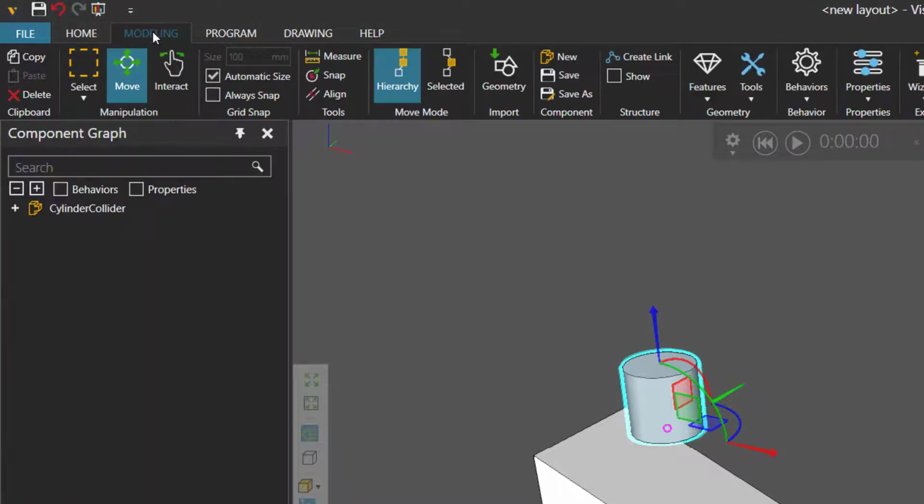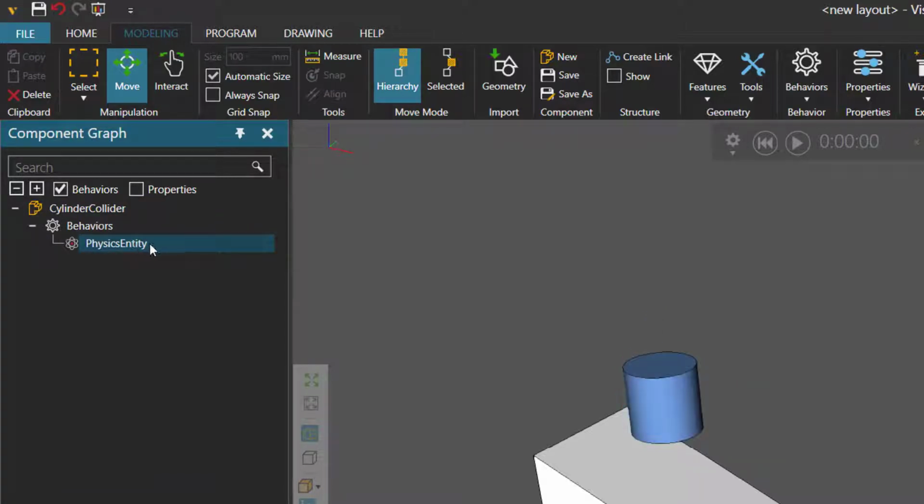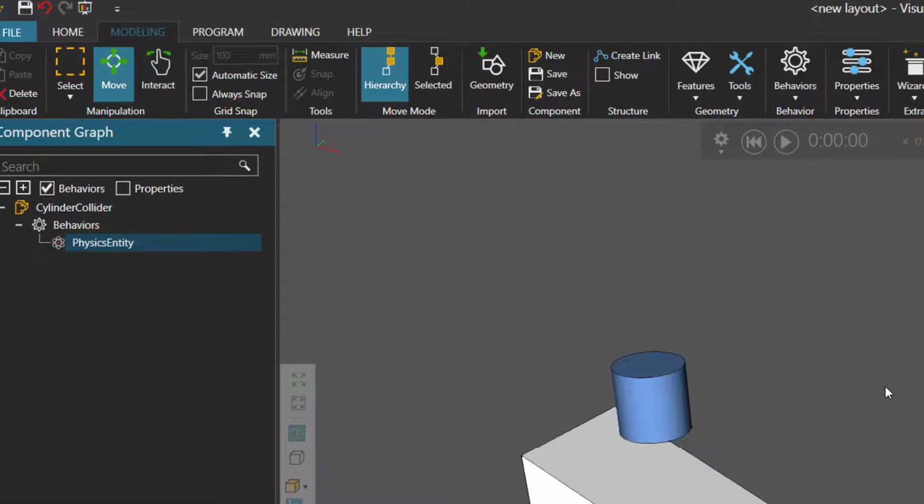If you don't have access to the Modeling tab, it's okay, just follow along. I'll now go to my Component Graph panel and select the Behaviors checkbox. I'll now expand the root node and its behaviors and select the Physics Entity behavior here. Let's now go to the Properties panel,